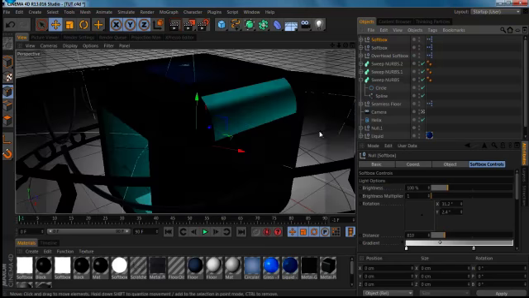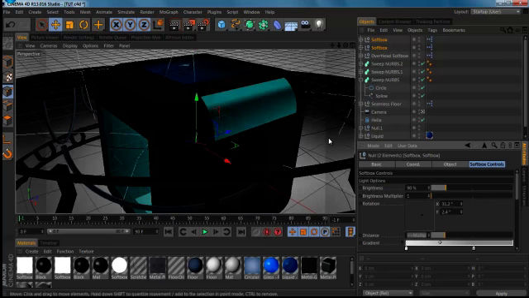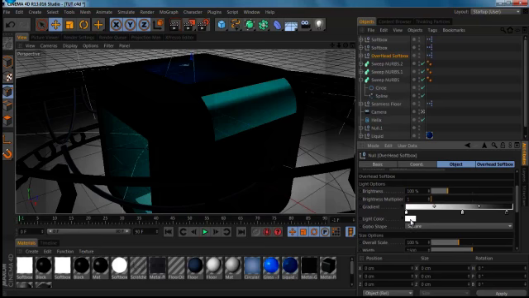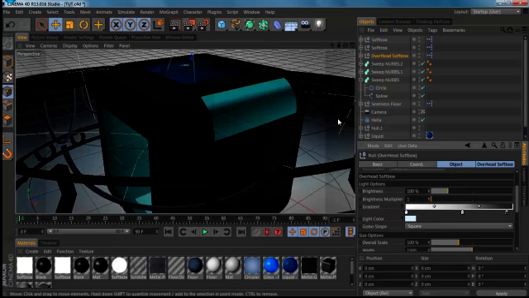Then I'll go to my camera, and I will decrease the light intensity, the brightness, to maybe 90. The reason I'm doing that is because I'm going to use global illumination for the final render, so we don't need all that much light. So I'm going to add some bluish color to our top softbox, something like that,